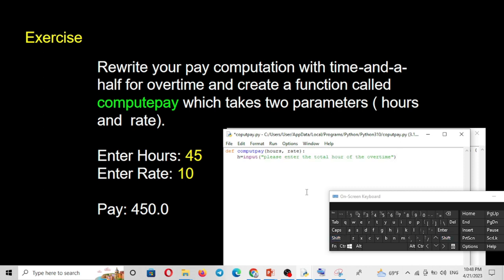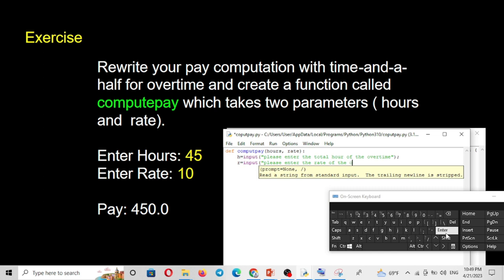Over time. Then next one, rate is equals to input. Also we accept it. Input, please enter the rate of the overtime calculation,